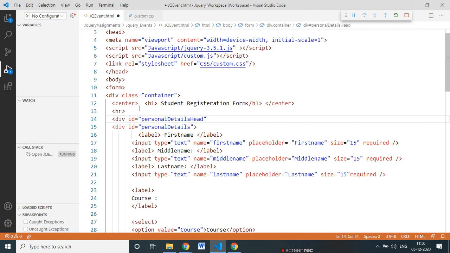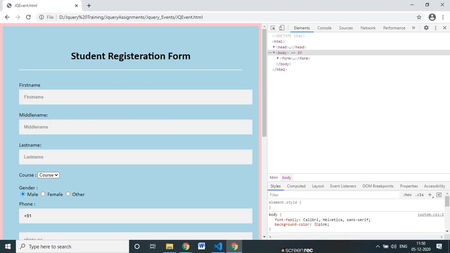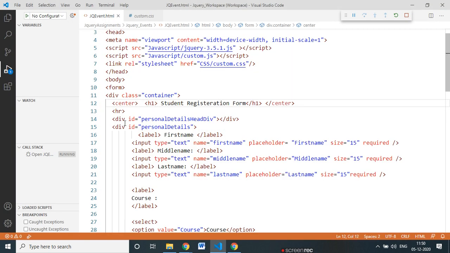Sorry. Hello. Yes. Sir, instead of using another div, we can directly put an ID in the H1 header. Where? No, no, no. See, registration is the top header. It remains as it is. We are not going to do anything with this header.